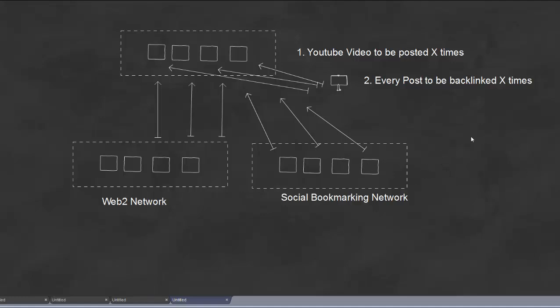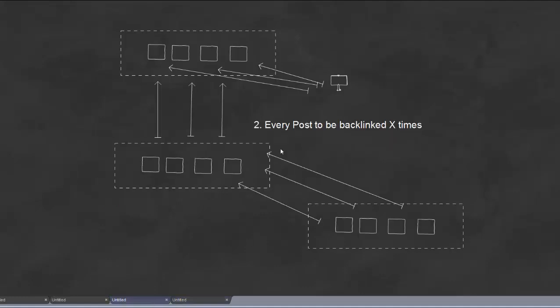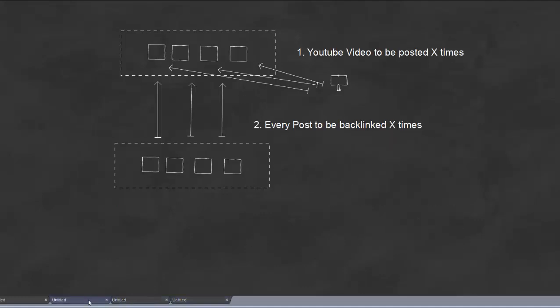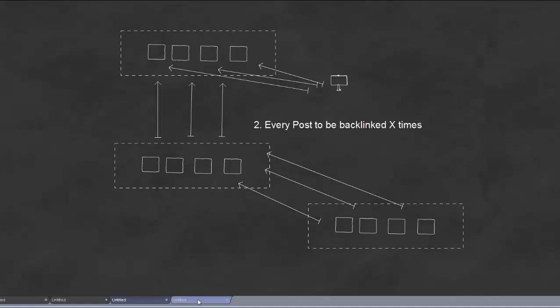It could be backlinking from a social network where we have Twitter, LinkedIn and Facebook accounts. So this is the scenario we're going to cover. These are variations of pretty much the same setup, and you can see from the diagram how you can scale up to a larger multi-tier network.